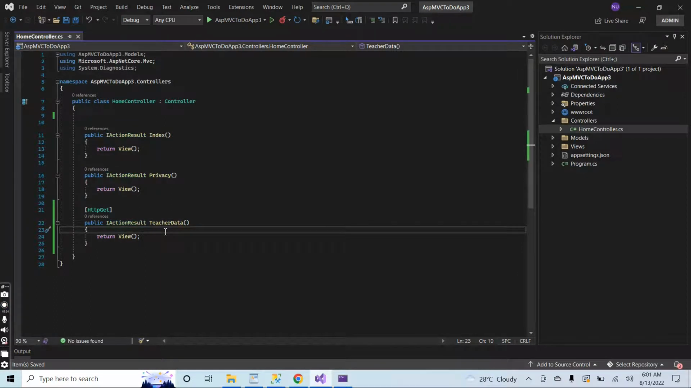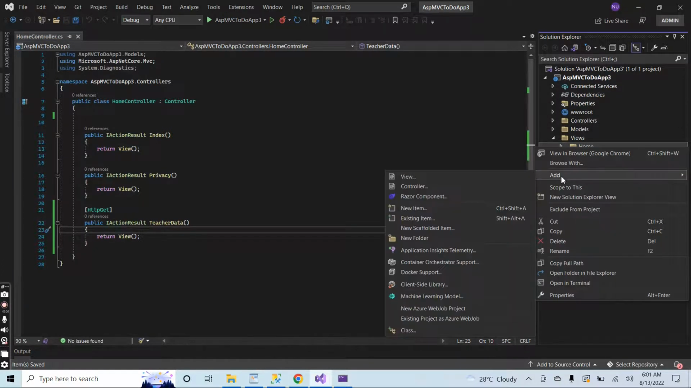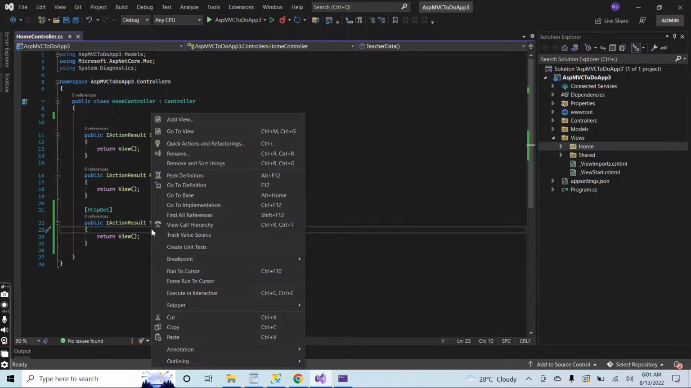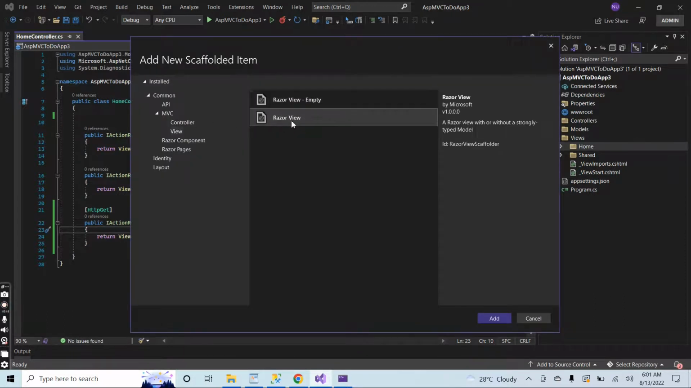There are two ways to add a view. You can either right click on this folder, click on add, and then view, add view with the name teacher data. And there is also another method. Just right click inside the teacher data function, add view, and here select this option, click on add,